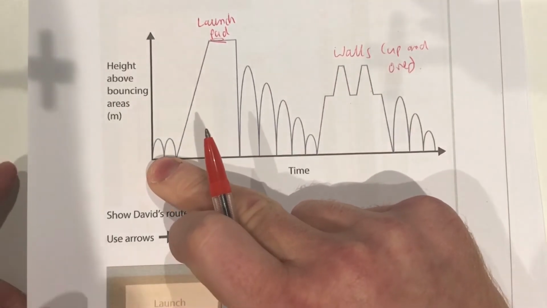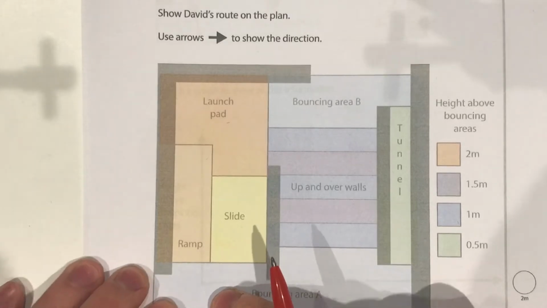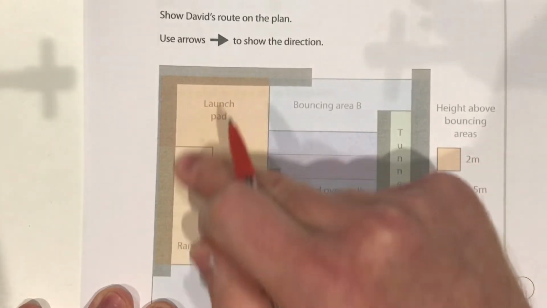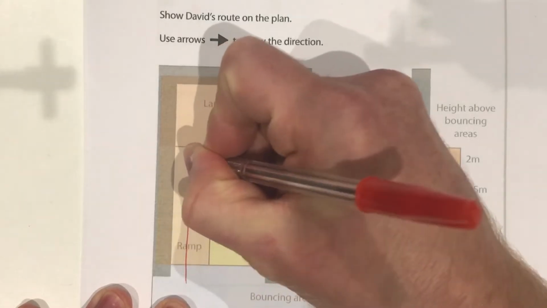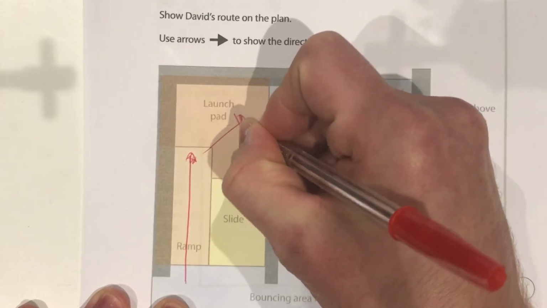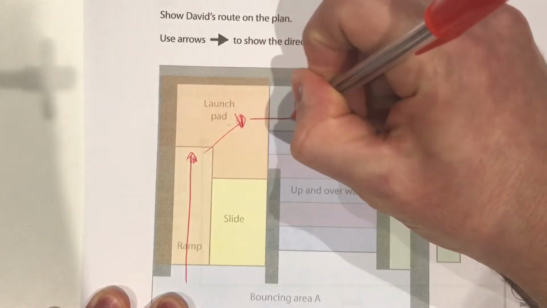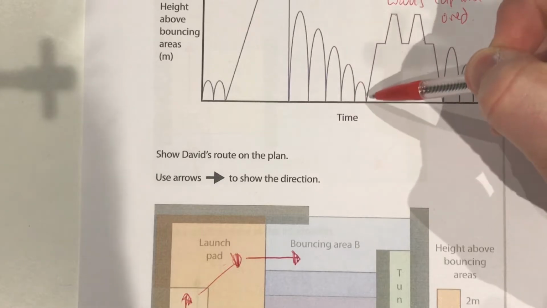Well, you start off at bouncing area A, so the route we do is we start up on bouncing area A. There's a gradual steep incline, so we'd be going up the ramp. Then when we arrive, we're onto the launch pad. Then when we get to the launch pad, it's across to the bouncing area B, where we start to decline down again. So that's here where we just have a natural decline, and then it's up, up and down, up and down. So that has to be